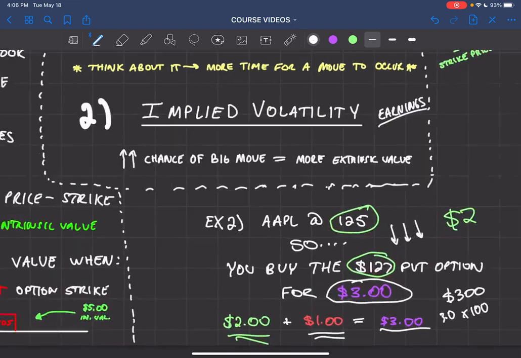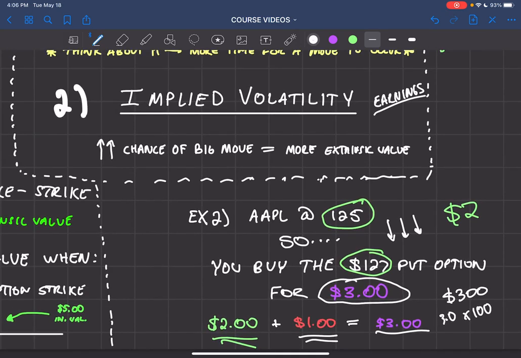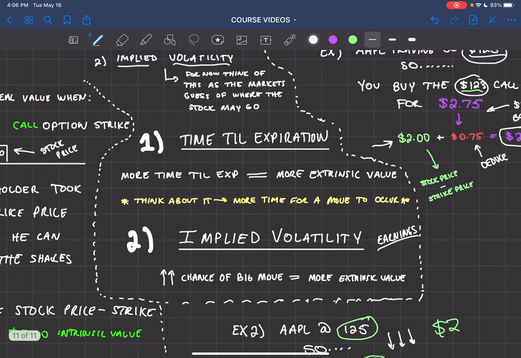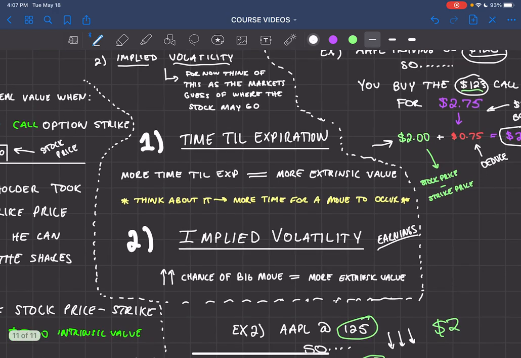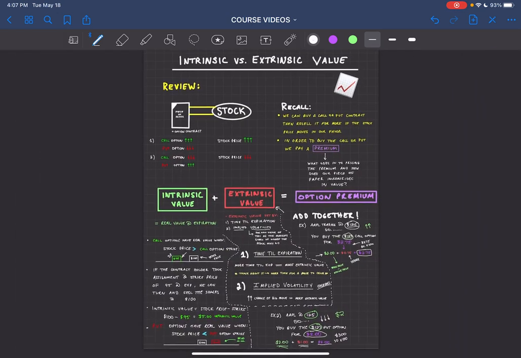And again, what's this $100 made up of? It's made up of the guess as to where the stock could move, the amount of time till expiration, etc. So hopefully that covers